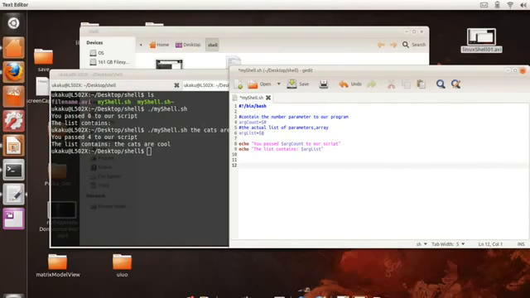We're going to say if, and we're going to put our condition between these square brackets. We're going to say if our argument count is not equal to, let's say, 5. Put a semicolon there and say then. So if this statement is not true, then basically we're going to say there's an error. We're going to say to the user,